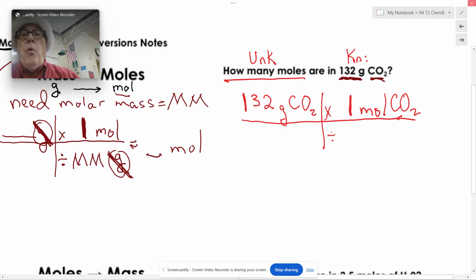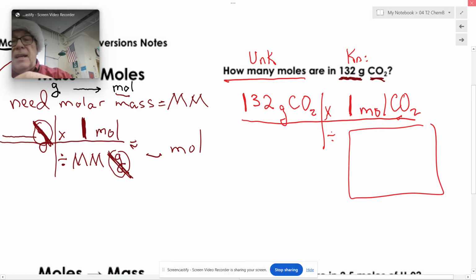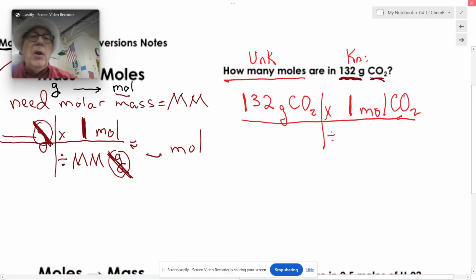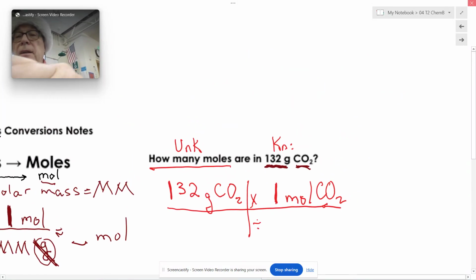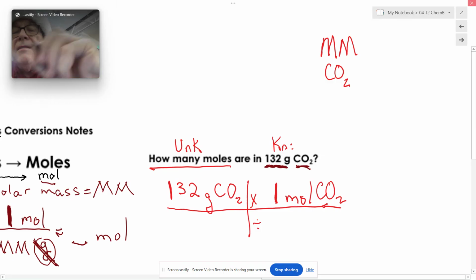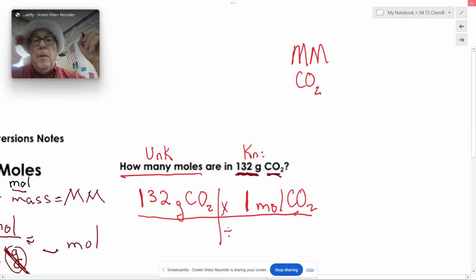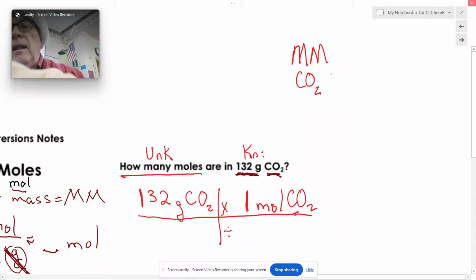So, what is the molar mass of carbon dioxide? That's what we need down here in the denominator. That's what we need right there, the molar mass. Well, you remember how we do this. I'm going to work it right over here. What is the molar mass of carbon dioxide? You have room, I hope, on your paper right there as well. The molar mass of carbon dioxide is,